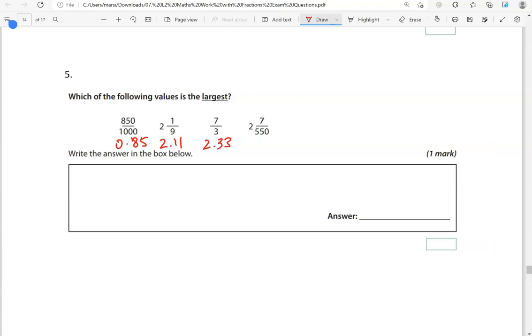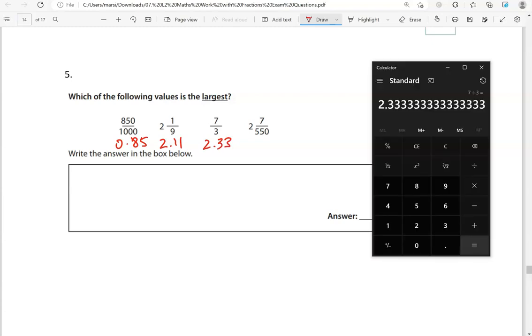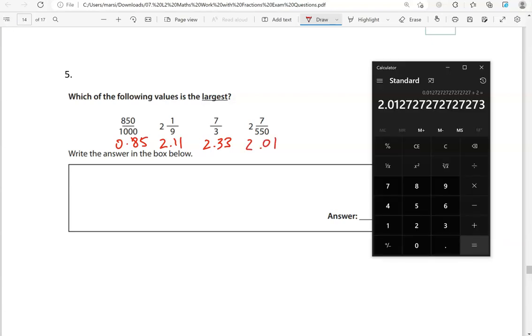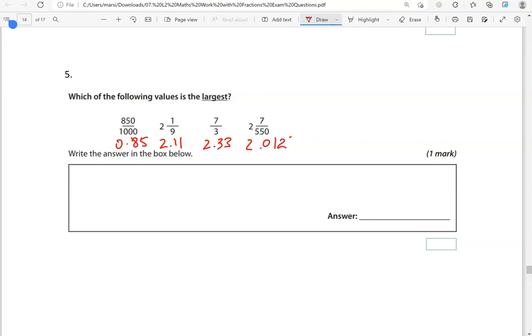And 2 and 7 550ths, so 7 divided by 550 gives us 0.01272 and so on. Add to that the 2, there's 2.01127. Which one is the largest? This is definitely the smallest. Then we have 2.11, 2.33,